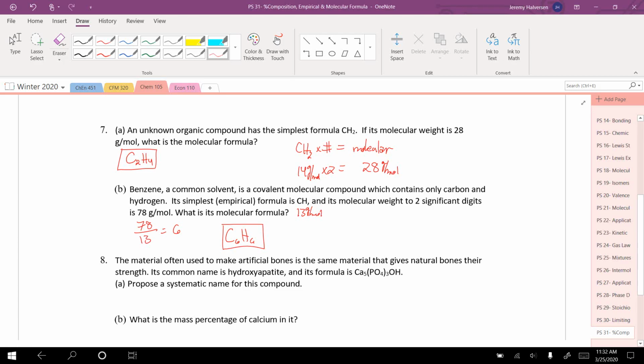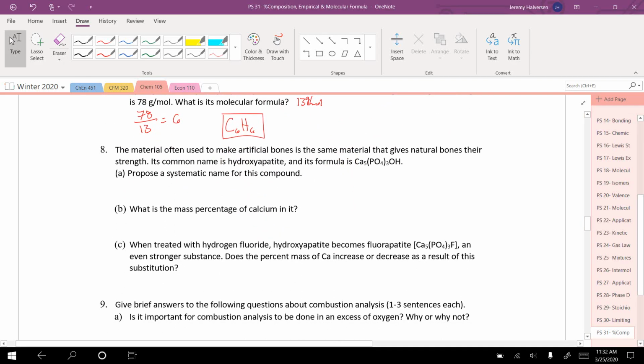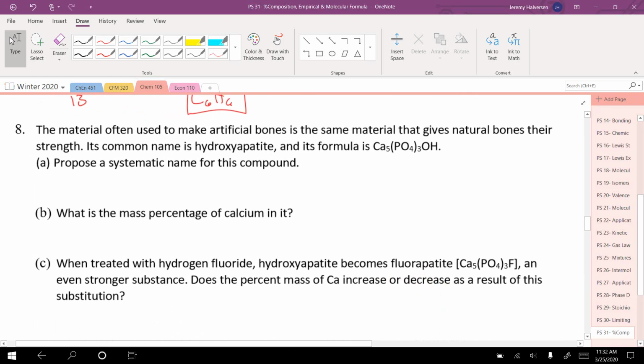All right. The material often used to make artificial bones is the same material that gives natural bones their strength. Its common name is hydroxyapatite, and its formula is calcium 5 phosphate 3 OH. Propose a systematic name for this compound. This isn't the type of naming that we cover once you have 3 ions in there. But one reasonable answer to this question is you could have,